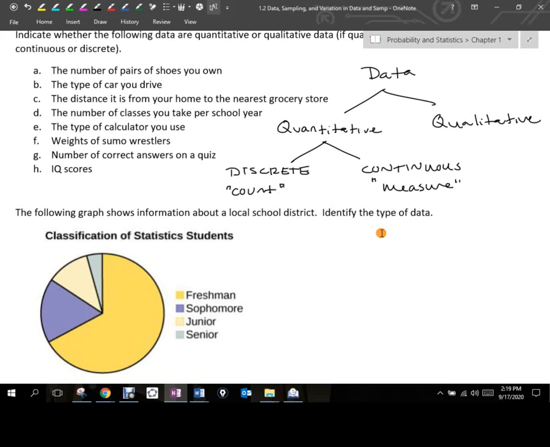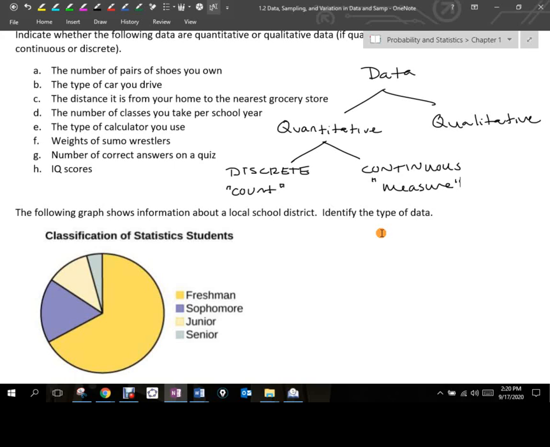Quantitative, discrete. And something like this, guys, especially when we're doing the research on our own, we might have to describe in our research what we mean. We will have to define what we mean by correct answer, okay? Because if somebody in the first period said, well, you give partial credit. Okay, but is that really a correct answer? Correct answer means you got it all right, correct? Okay, so I'm not getting half an answer right, half an answer wrong, that kind of thing. Correct answer, all right. So you can only have whole number correct answers on a quiz. So that would be discrete data.